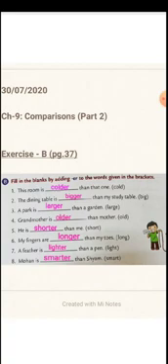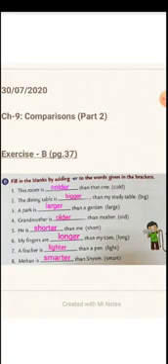Okay, so number one, this room, what is the word given in the bracket? Cold. So cold will become, by adding er, colder. This room is colder than that one. So why are we using colder here? Because we are comparing two things, this room with that room. That is why we have to use er with the describing word. So correct answer here is colder. When we compare with another thing, cold becomes colder.